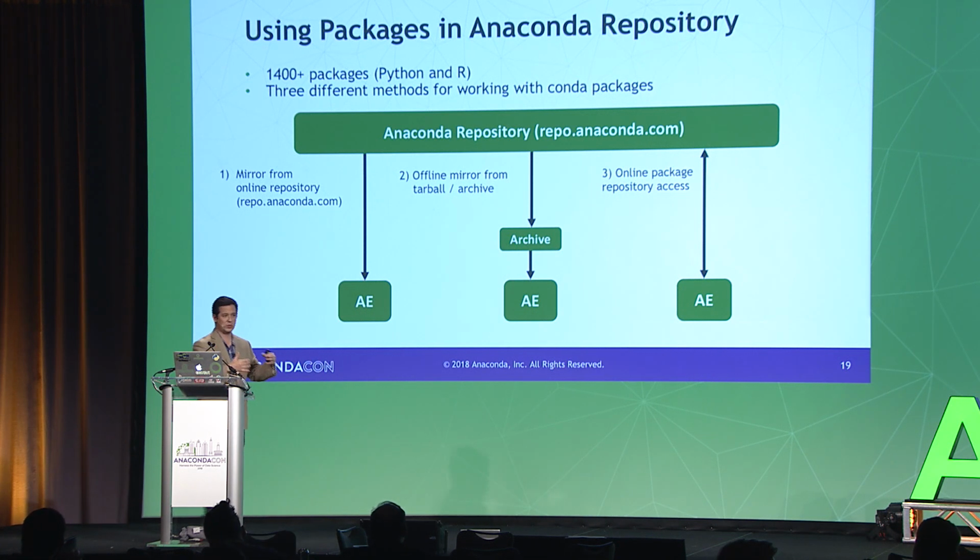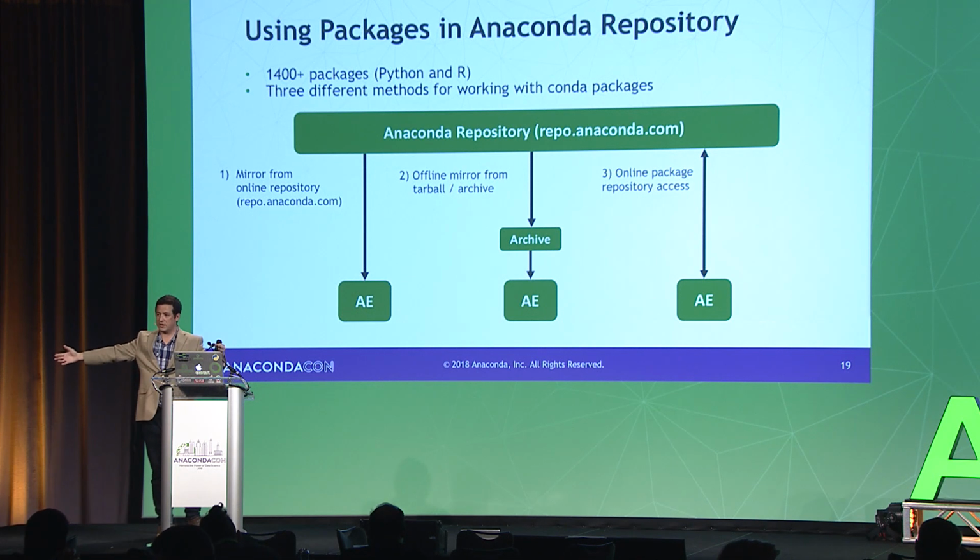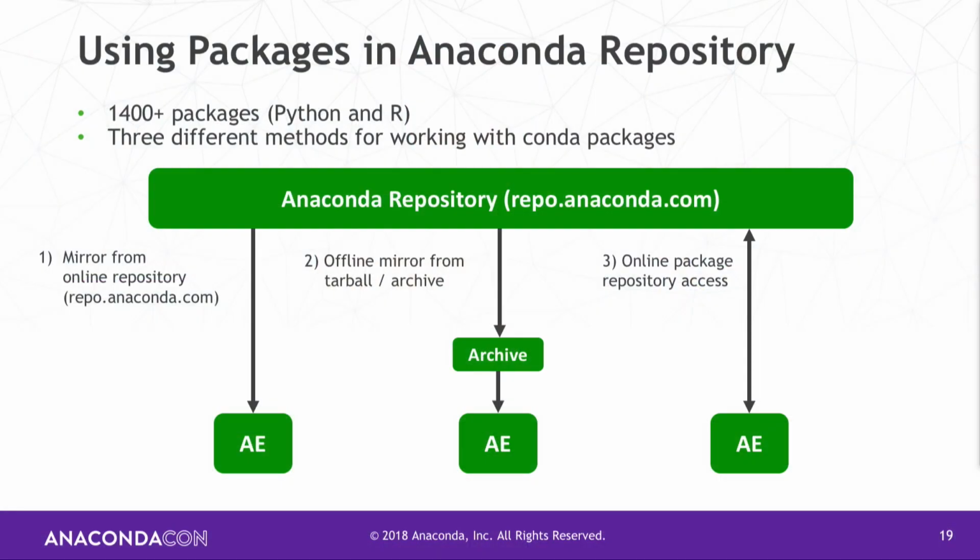And what it means is when you have Anaconda Enterprise in one of the bottom instances running, you want to decide how you're consuming these online packages without having data scientists install directly from this huge pool of packages. So the first way is to mirror directly from an online repository. So if you're running a cloud-based instance of Anaconda Enterprise, or if you're running an internet-connected on-premises instance, some of our customers will mirror the Anaconda repository with all of its versions and history, and then filter and say, I only want